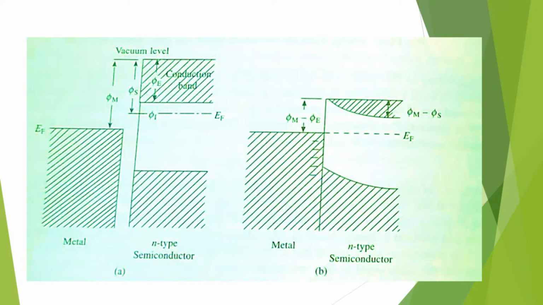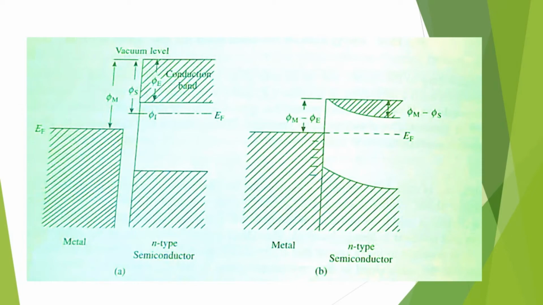When the semiconductor is positive, the electrons on the n side are pulled toward the terminal away from the junction. So these electrons require even more energy to flow toward the metal. Initially their barrier is phi m minus phi s, and now the barrier height increases. It will become phi m minus phi s plus eV, where V is the applied potential.